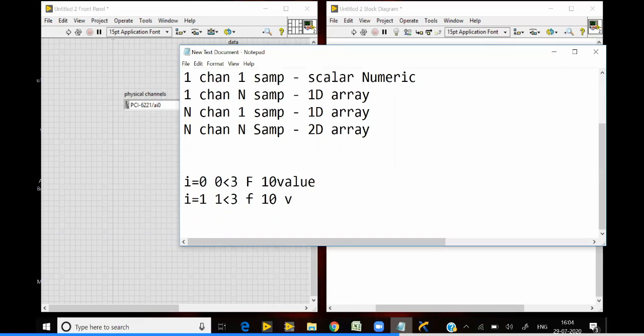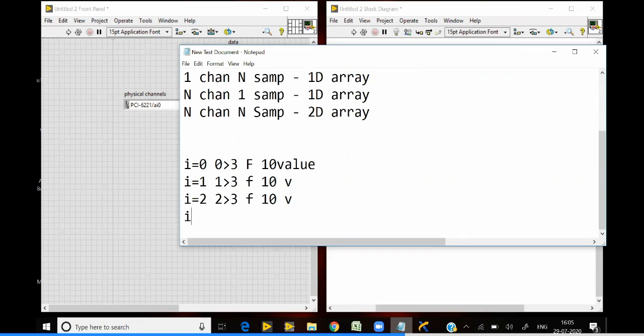Now if i is equal to 2, 2 is greater than 3, that is also false. So now you will get again 10 values.